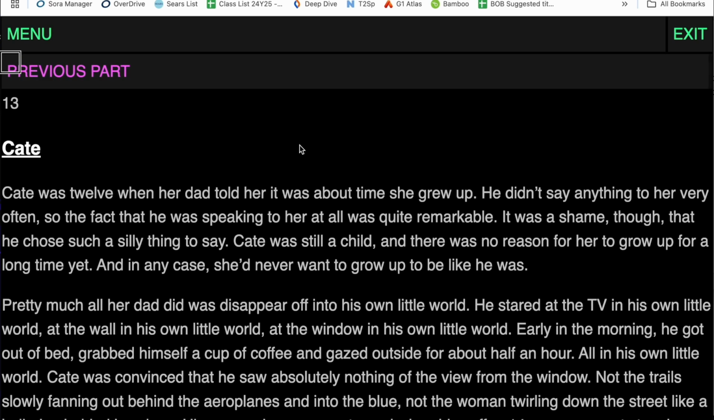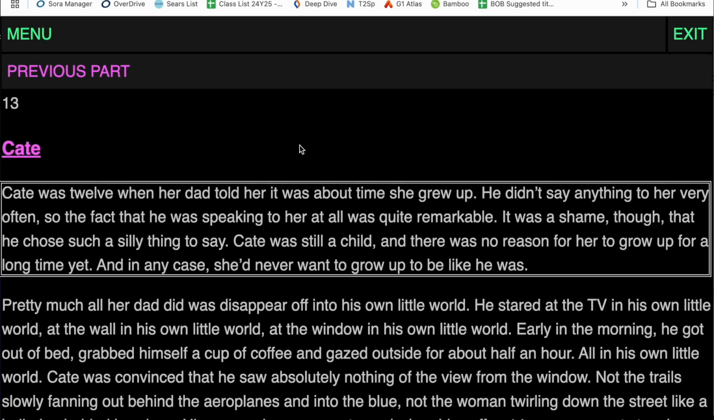reading. Group. 13. Heading level 1. Link. Kate. C8 was 12 when her dad told her it was about time she grew up. He didn't say anything to her very often, so the fact that he was speaking to her at all was